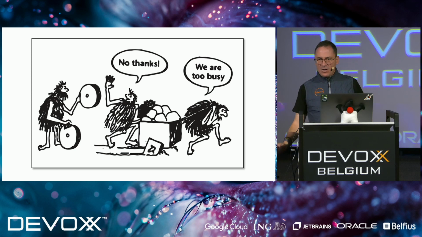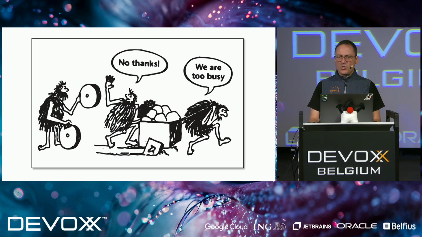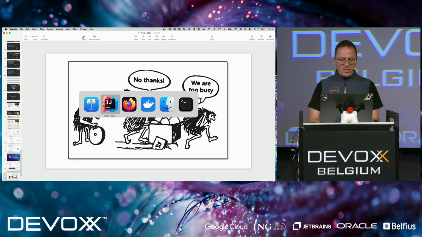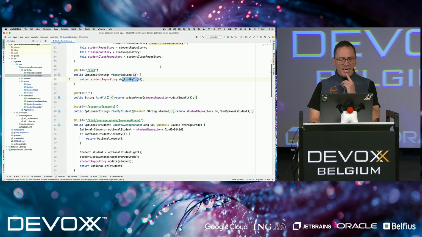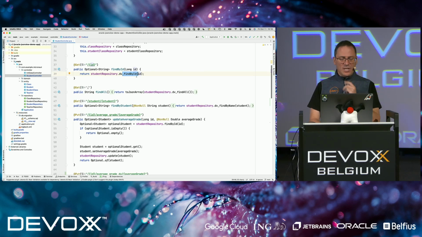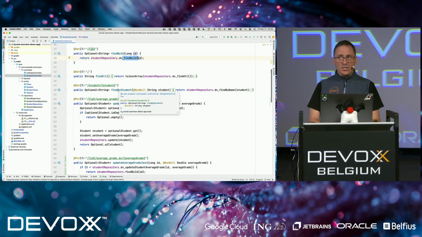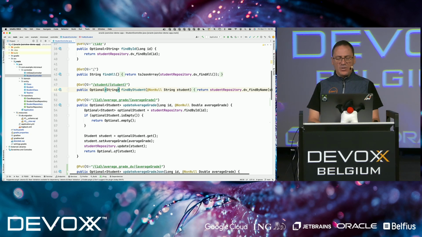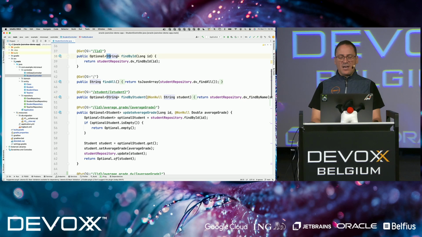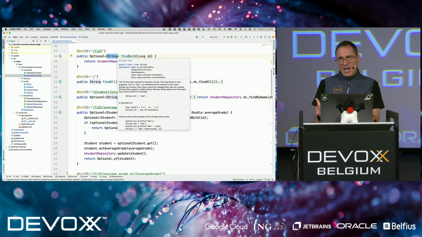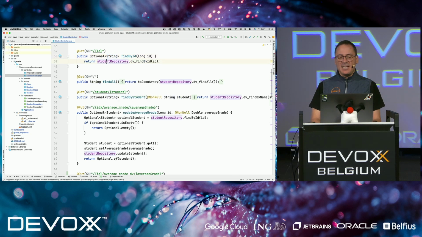I think I won't have time to show you some code. I will try because this is DevOps. I have a Micronaut Data application here where I can find objects through a JSON duality view. I can find a student through a given value. So this is just the name of the student. And notice what is the return value here. It's a string. This is the JSON document that is coming directly from the database. The same goes here. I can find a document by an ID, and return the whole document as is, directly from the repository that understands talking to the database.